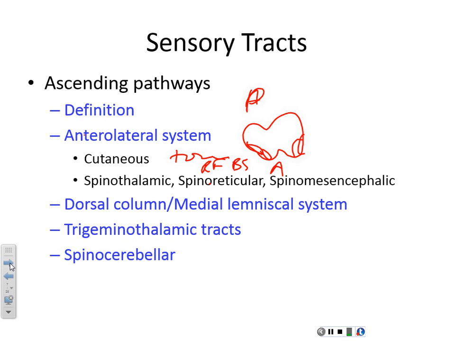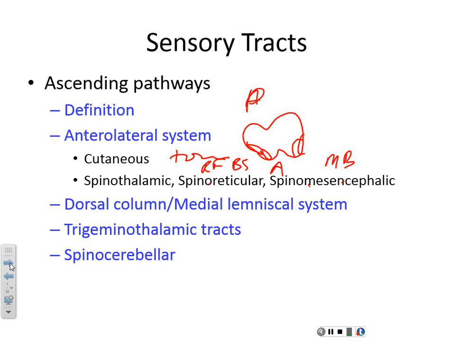Unconscious pain, so nociceptors. And this one, spinal mesencephalic, it ends in the midbrain. Mesencephalic is middle, cephalic of the head, midbrain. It ends in the midbrain, starts in the spine, and then it's unconscious what and what? Pain and touch, very good. Okay, and then there's the dorsal lemniscal system, and then the trigeminothalamic tract, and this is talking